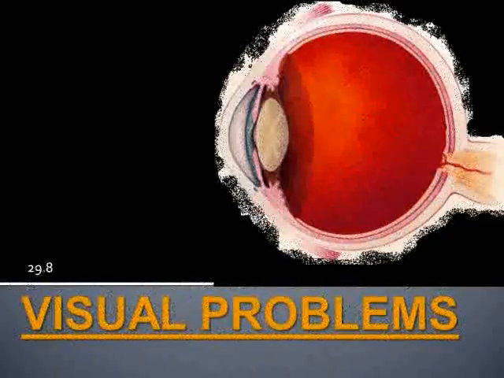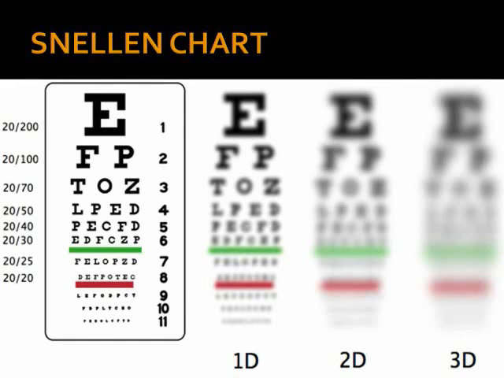Visual problems. When you have your vision tested by an ophthalmologist, you are asked to read letters in a spelling chart. This chart measures your visual acuity, the ability of your eyes to distinguish fine details,